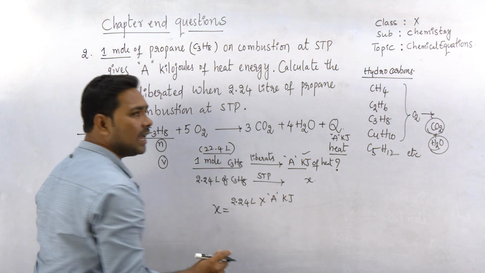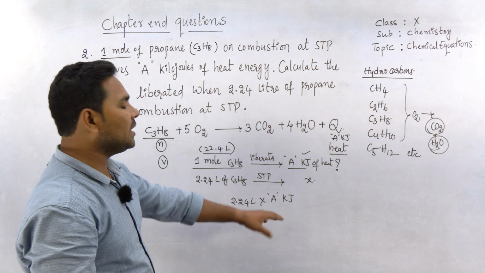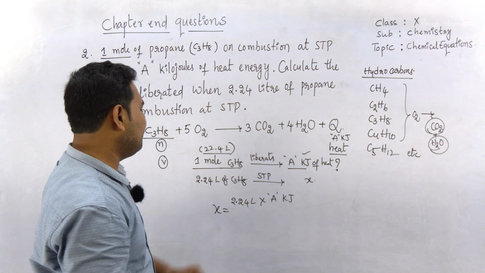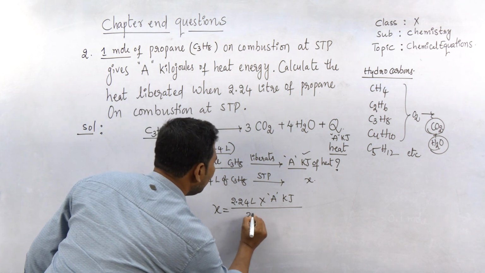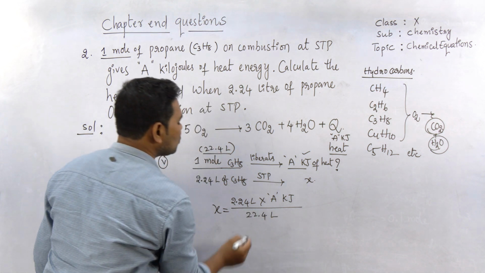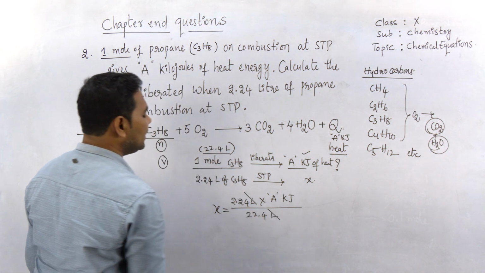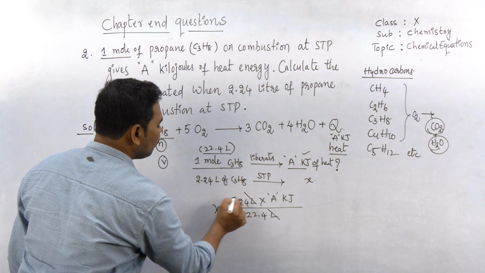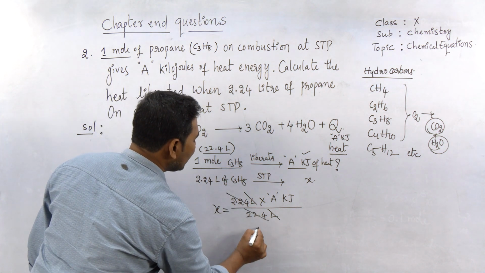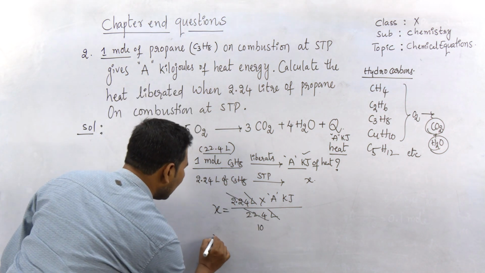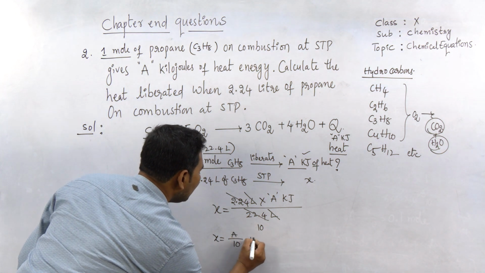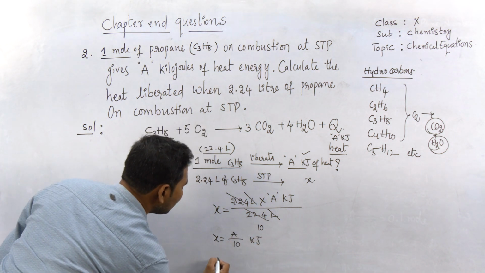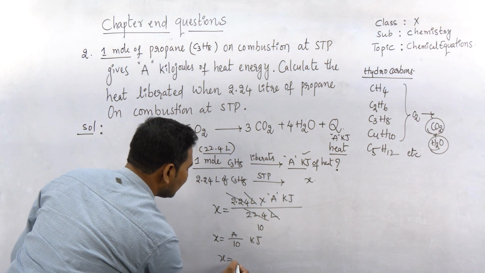This A can be any number. That number is not mentioned. Heat energy is given in terms of A, right? Then divided by 22.4 liter. So what shall we cancel? Liter gets cancelled. 2.24 ones are 2.24, tens are 22.4. Then X is equal to A by 10. A by 10 kilojoules of heat energy. This A by 10 can be written as